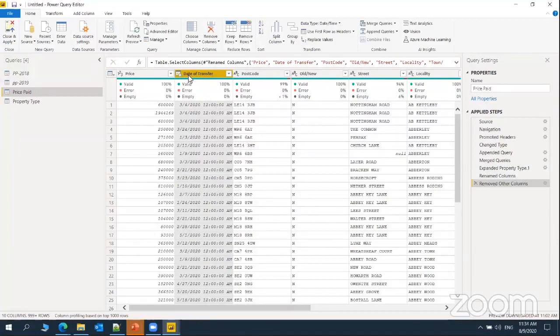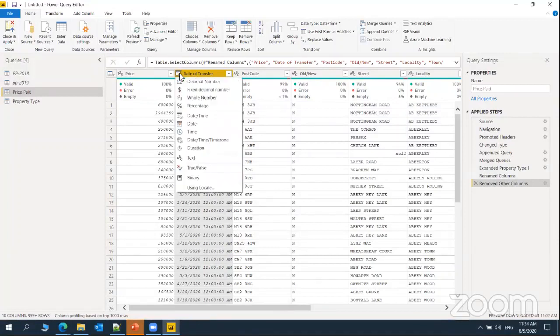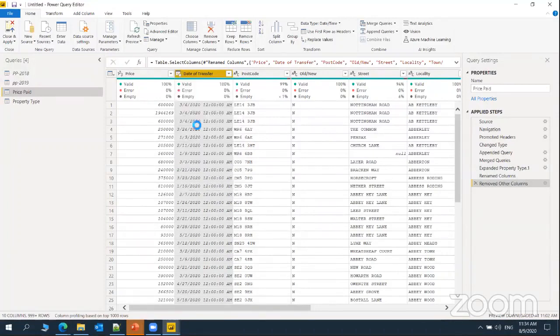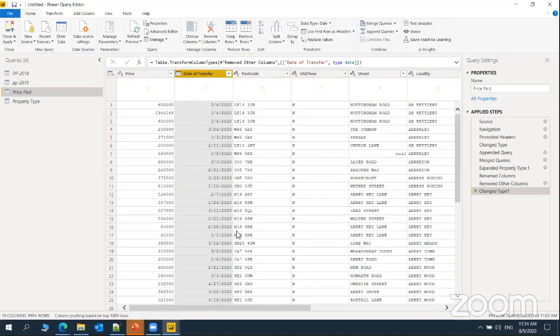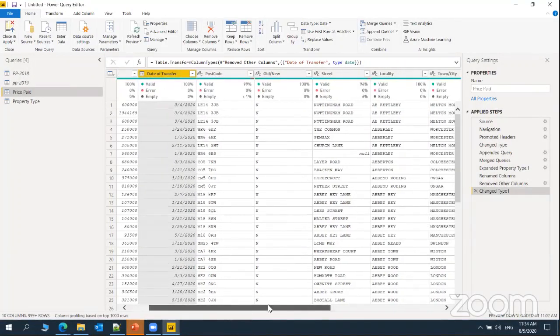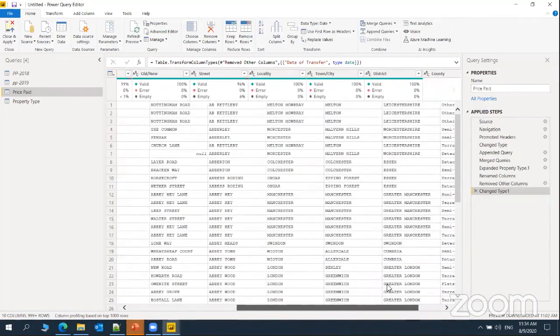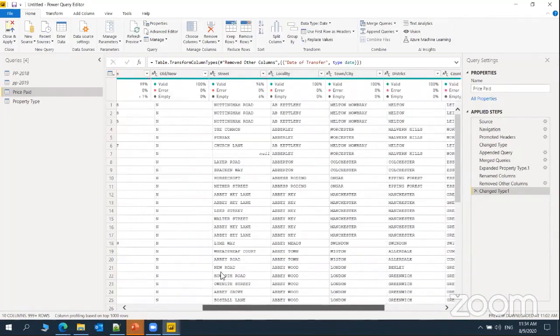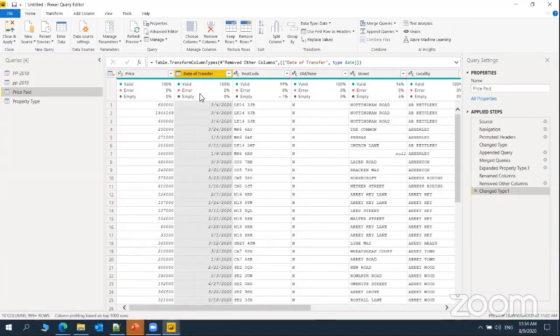What I will do is convert this data type to a date, right? I don't want to analyze the data based on the time. So I'm just removing this time and maintaining the date itself. So like this, we'll just do. These are the transforming activities we have performed on this data set.